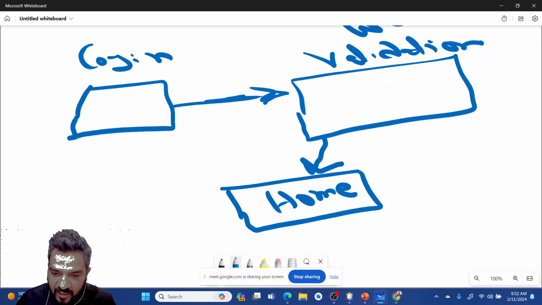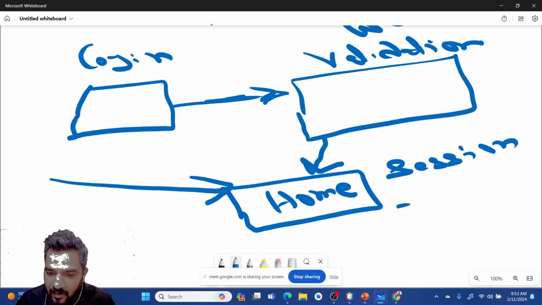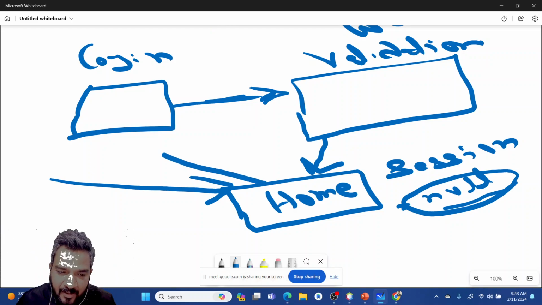Now we are checking one more thing on the home page. If somebody directly tries to access this home page, we check if the session is null, right? It means someone is directly accessing this home page, so it will redirect back to the login page.